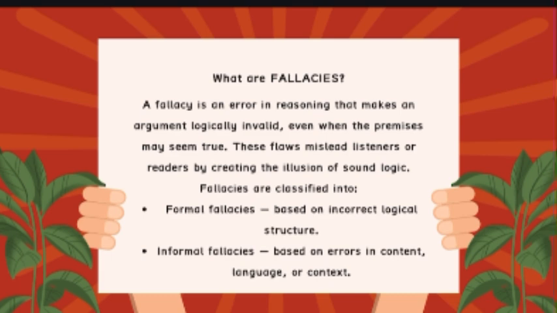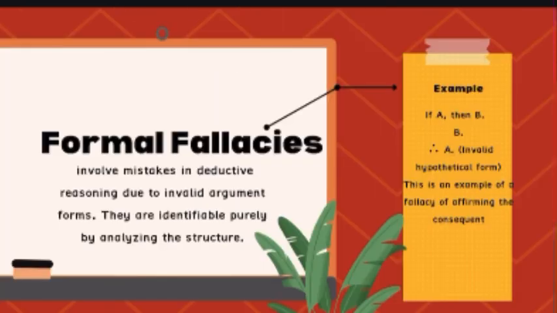So a fallacy can be classified into two. These two are formal fallacies and informal fallacies. Formal fallacies involve mistakes in deductive reasoning due to invalid argument forms, so they are identifiable purely by analyzing the structure. So, formal fallacies are based on incorrect logical structure, while informal fallacies are based on errors in content, language,